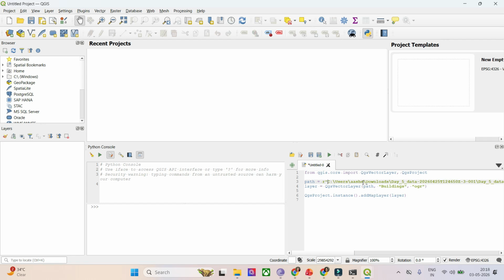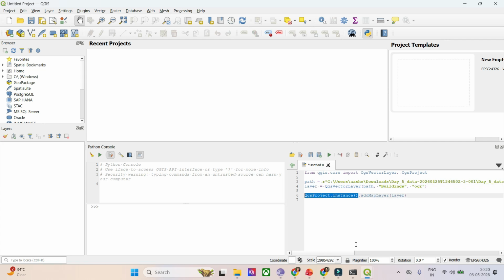Then in the layer, we are basically creating a vector layer here. The path is given for the file. The name that will be coming here in my layers is this. OGR simply refers to the OpenGIS Simple Features Reference Implementation. So it is basically a universal driver which allows QGIS to handle different kinds of vector data types interchangeably. So you just don't have to worry about this. You just put it here, and this is defined in my layer. Looking further on,